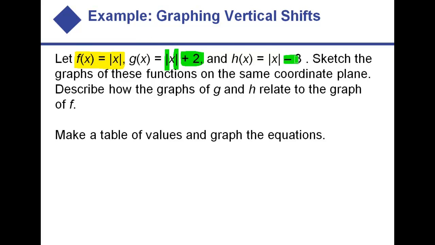And then the -3 on the outside will shift it vertically down 3 units. So you get vertical shifts up and down by adding numbers to the outside of a function. You just have to be able to recognize what the base function is. So if we're talking about f of x equals the square root of x, then that's your